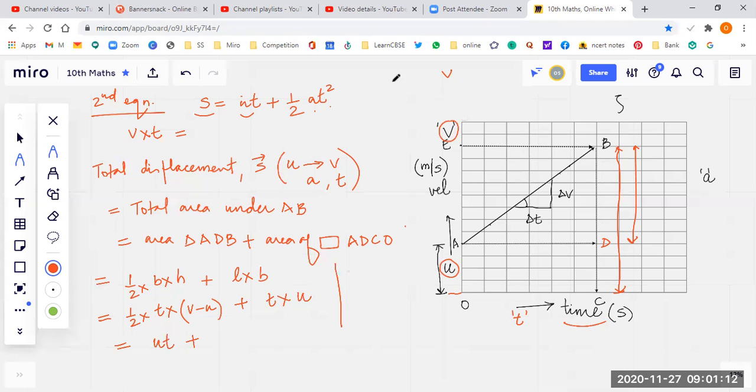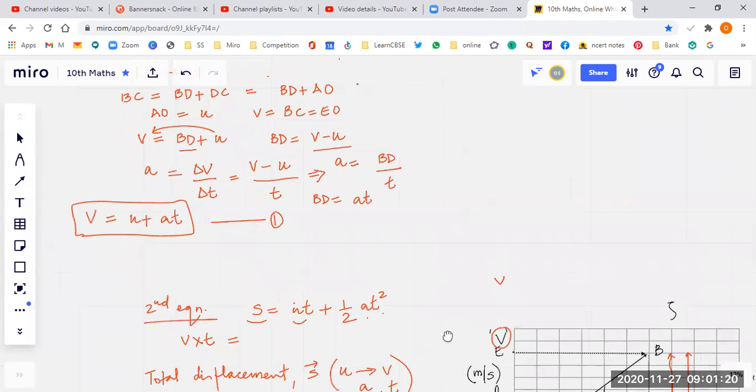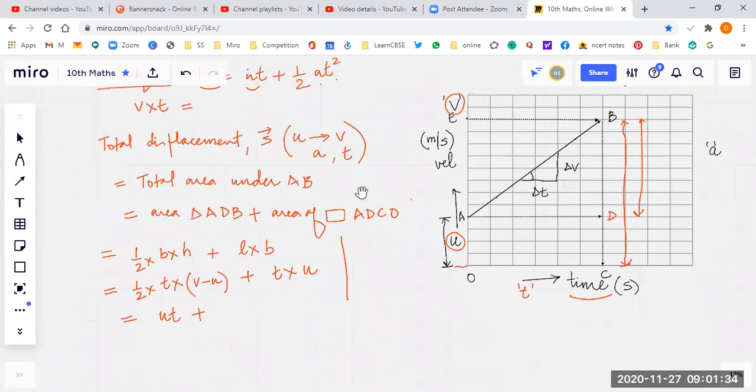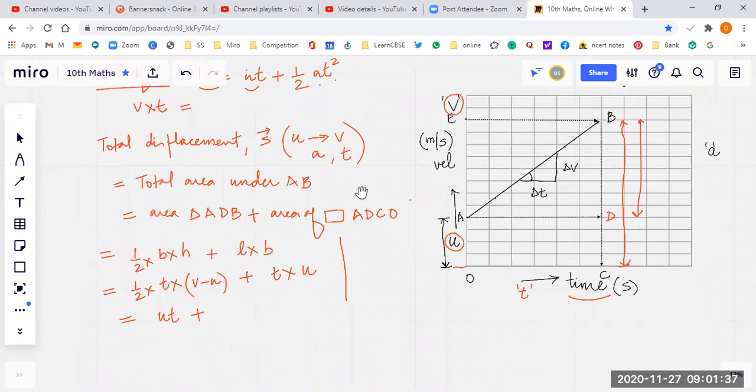If you go to the last slide, you will get the value of V minus U. BD is equal to V minus U. See, V minus U is equal to AT. Can you see? A is equal to V minus U by T. So V minus U is equal to AT. Instead of V minus U, I will put,